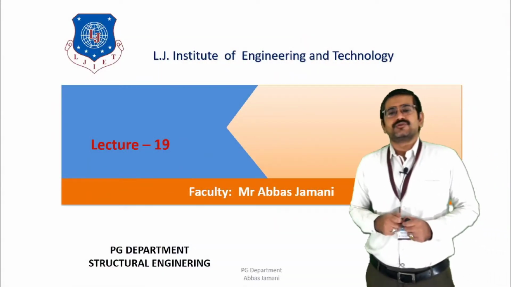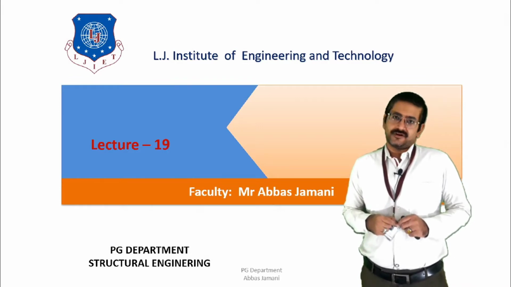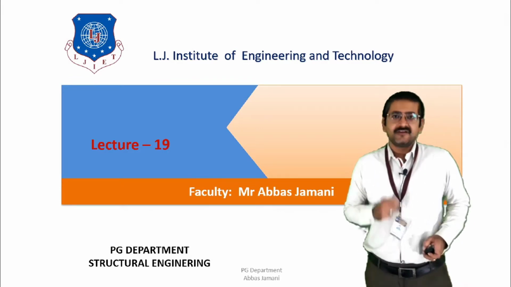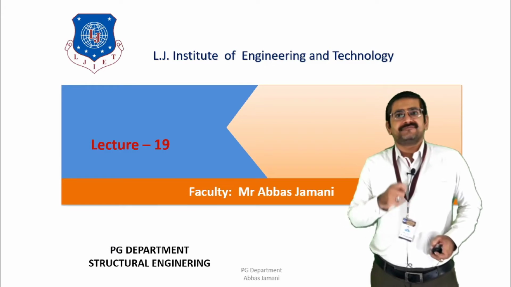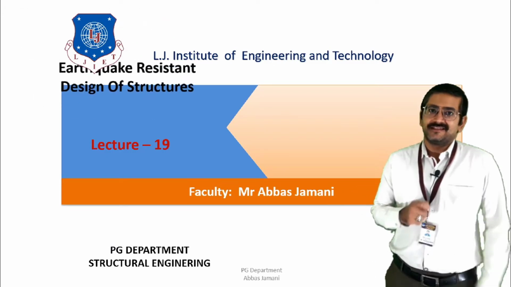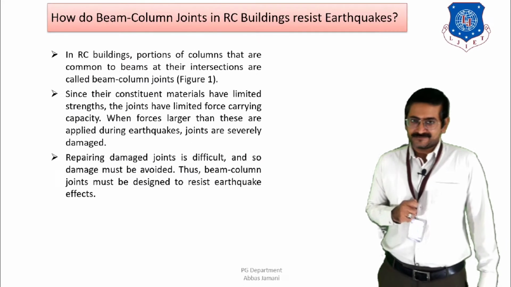As you know, we are discussing a very important feature of earthquake resistant design, and that is ductility. In the previous lecture, we discussed how columns behave when subjected to earthquake forces or lateral forces, and we also discussed the different provisions mentioned in IS 13920 for the ductile detailing of columns. In this lecture, we are going to talk about the ductile detailing of beam column joint. So let us start today's discussion where we first try to understand the type of failure pattern that happens in beam column joint, and then we will move ahead with the further aspects of detailing.